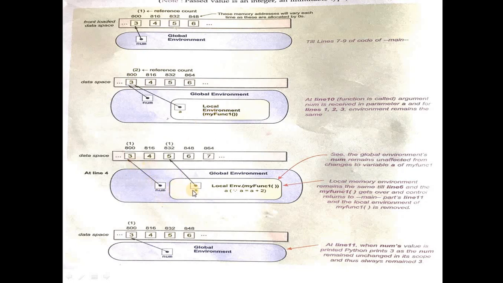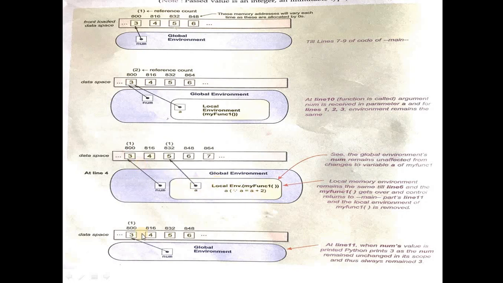Now coming to the next step, you are changing the value of a. So when you are changing the value of a, it happens only to a. It is changing to another memory location, because a is equal to a plus 2, 3 plus 2, 5, and the value of a changed, so it's pointing to the number 5, and then the address also changed. So it is 832 now. There are no changes happening in num and it is pointing to the old location only.